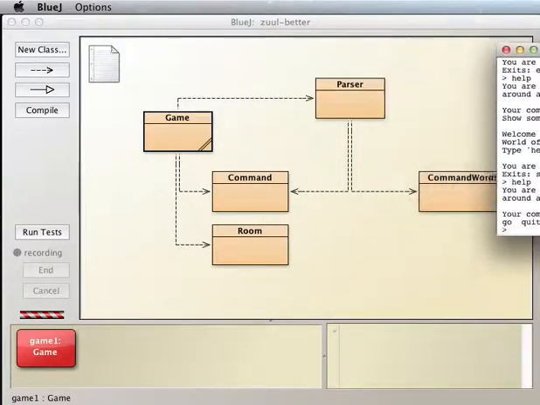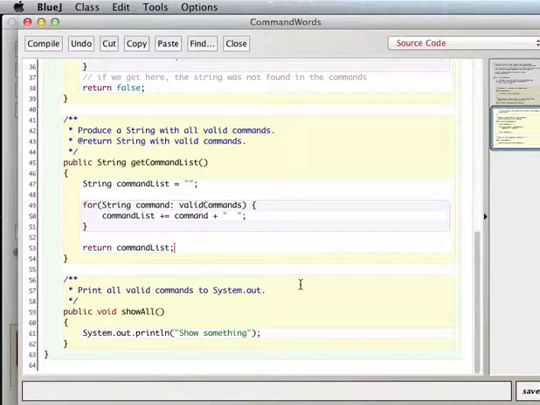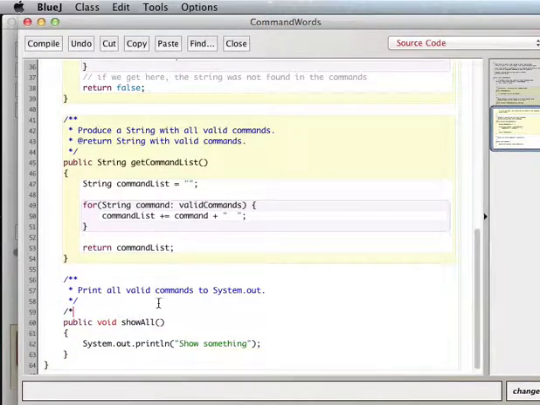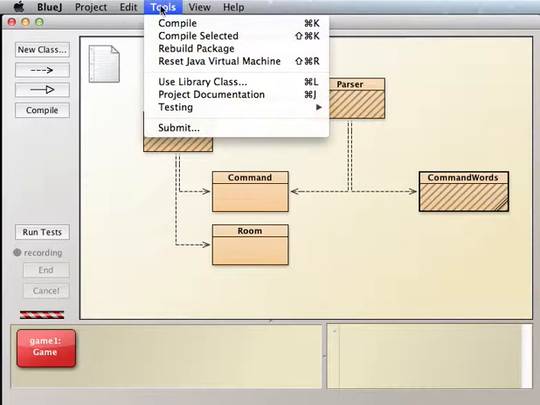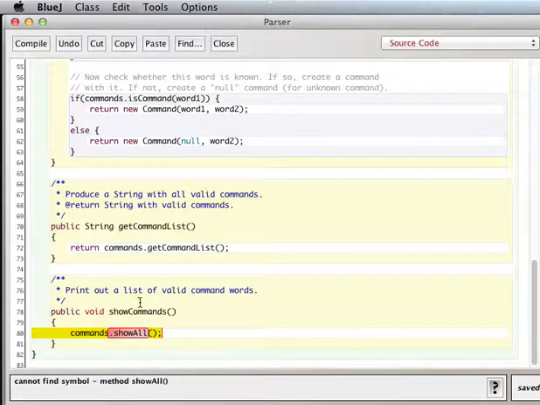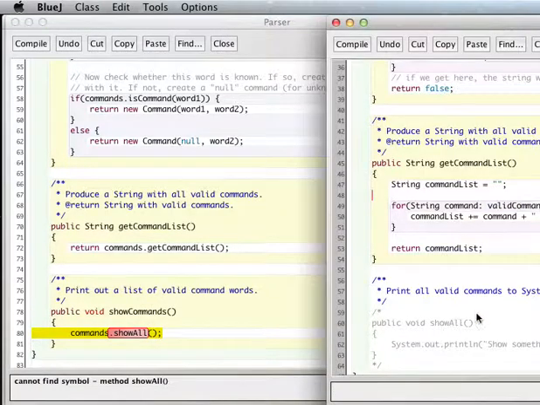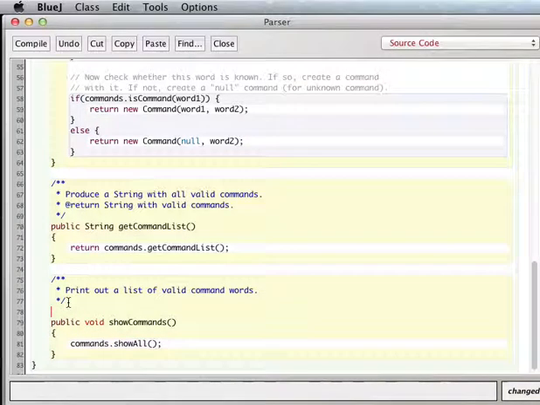So we have one more step left, which is really to clean things up. And even in this step, before I would erase this, I would comment it out and make sure that I don't need it. So one thing you'll notice, I can compile. Oh, you can't compile while the virtual machine's running, so I'm going to reset the virtual machine. So one thing you'll notice right away is that, oh, we did have a reference to that show all right here in parser. Remember that we used that before, but what I'm going to do is comment that one out as well,